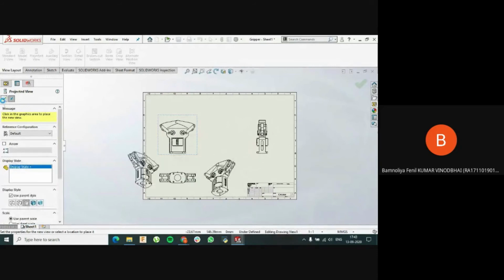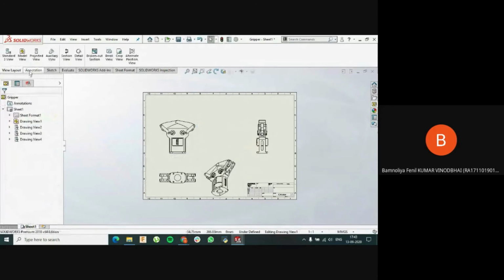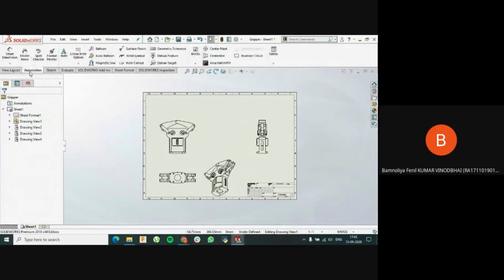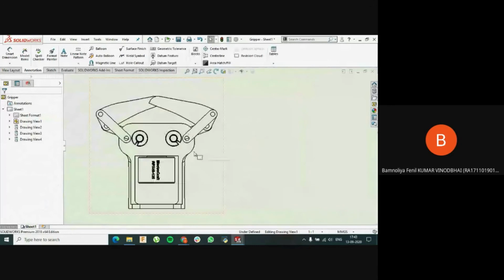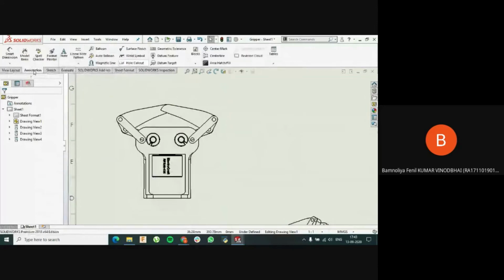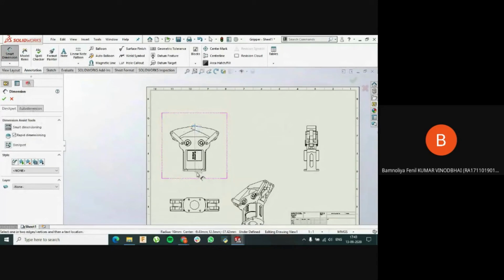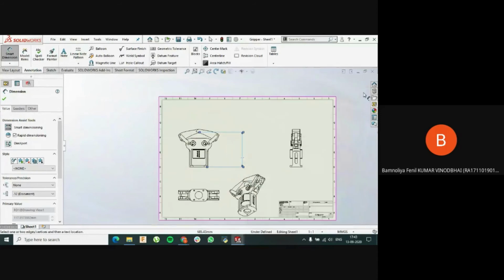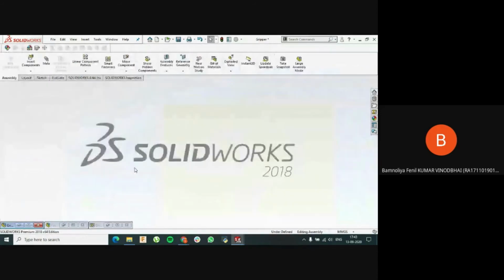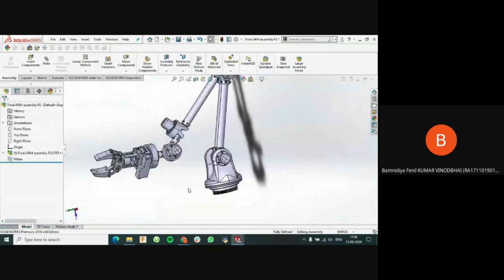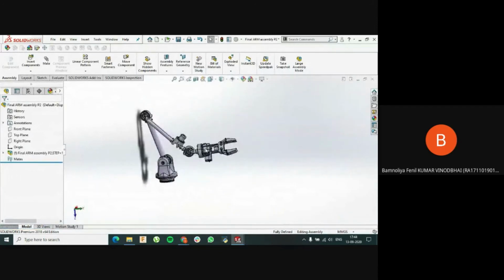So here you have the sketch, right? If you want to attach some notes and label some things, for example I want to label that this part is made of aluminum, I can go to the annotations and attach those notes and labeling. And in the smart dimension feature, you just have to select both reference lines, and it will give the dimensions of that part. So that is all for the assembly part design and the drawings.